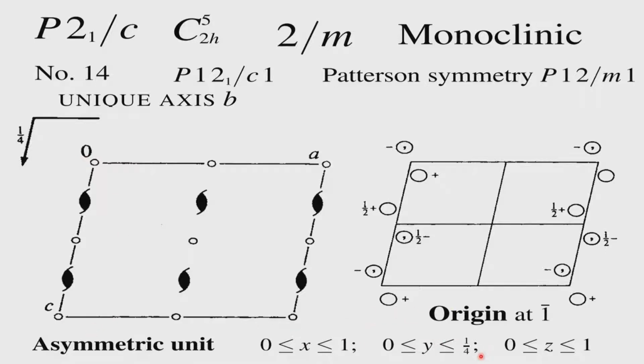The asymmetric unit is the y value, which is the value perpendicular to this, stops at 1/4, and the other 2 are in the full unit. So, that means that we again have 2 molecules in the unit cell. Now, that is interesting because we should get only 1 molecule in the unit cell. Now, do we get 2 or 1? We get in fact only 1, because the x value is full. So, the x value which is up here is full, and then the y value is only 1/4, and the z value is also full.